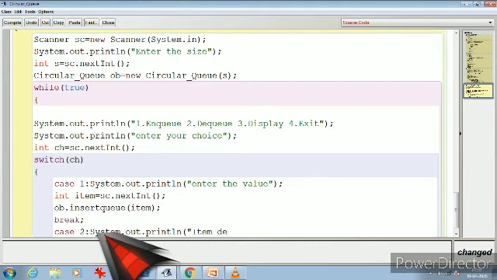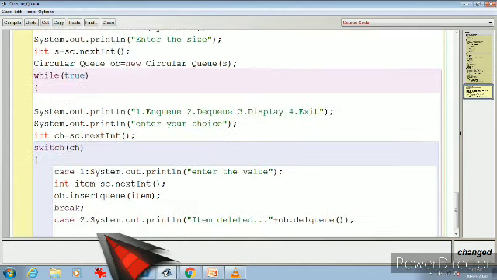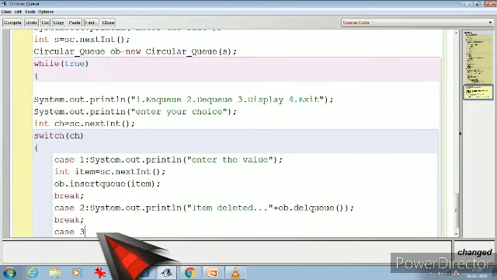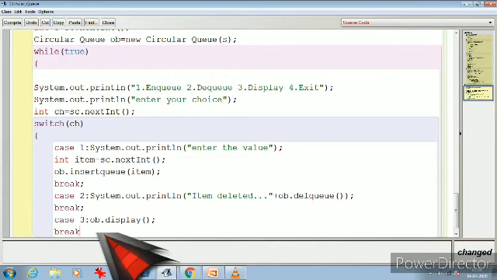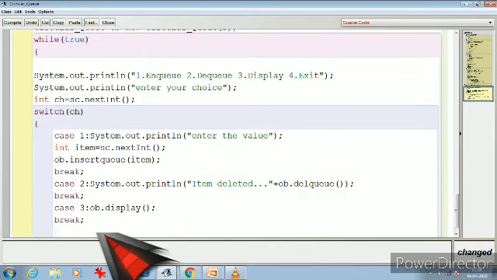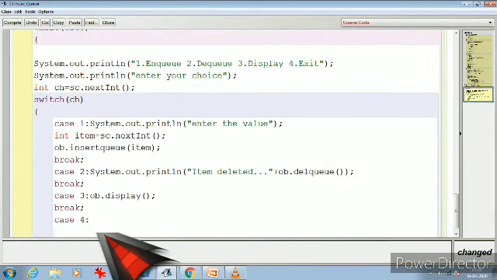Similarly, in case 2 we just have to show it. I can write "item deleted". Which item is deleted? That will be popped out from there, so it will be delQ. Then I can just give a break. Let's do case 3, which is display: same ob.display, because enough message has been given over there, I don't need anything more.